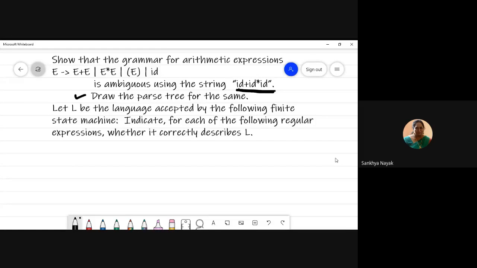Now, let us see one question. Let us take this question. Is it ambiguous or not? I have to prove, right, for this. So this expression is ID plus ID star ID. And we can say it is ambiguous